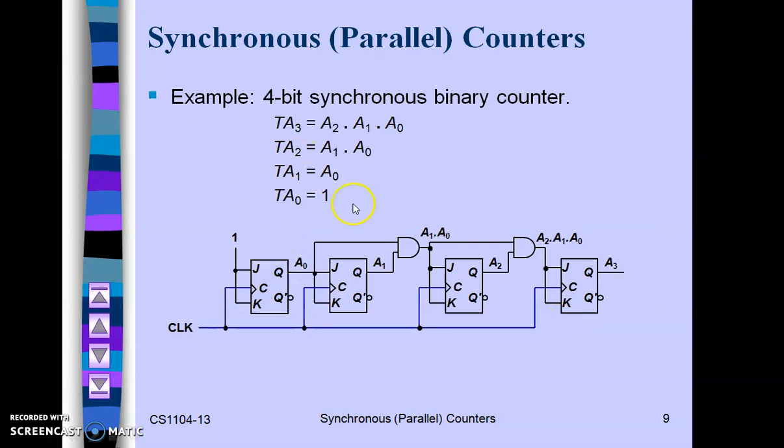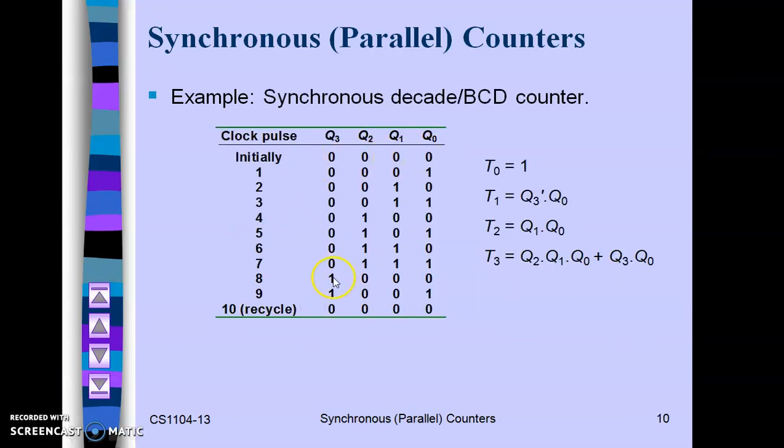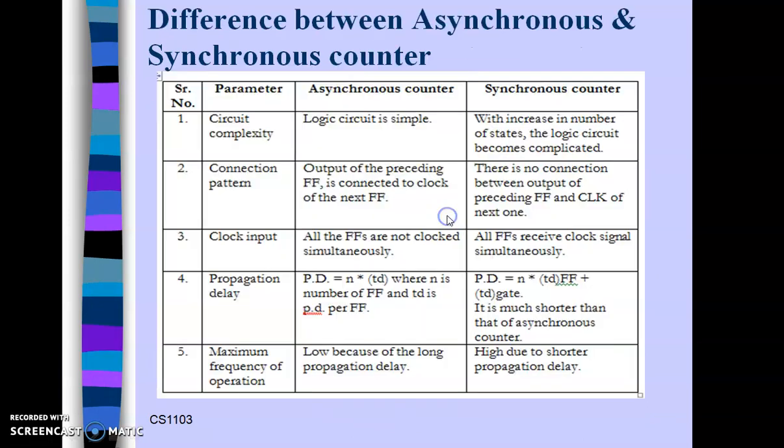So this is once again for 4-bit. This is the diagram for the 4-bit synchronous counter. So with 4 bits, how many flip-flops are required? 4 flip-flops are required. The outputs of the first and second flip-flops are connected to the third flip-flop, and the outputs of the first, second and third are connected to the fourth flip-flop, like this. So A0, A1, A2, A3 are the output lines. Another concept is the synchronous decade counter built using the synchronous counter.